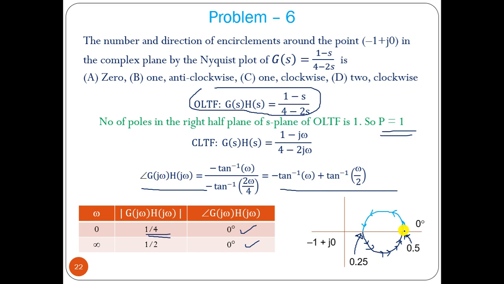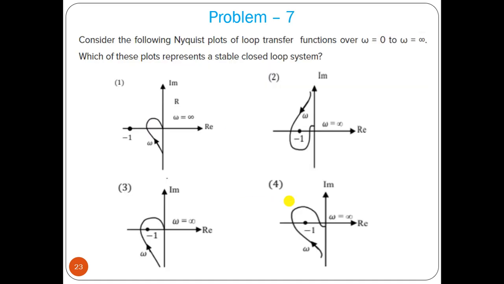Then this is the plot, the inverse polar plot. So it is not encircling the minus 1 J0 circle, it is 0, because this is P equal to Z, it is a circle, and which is not encircling this origin, so it is not encircling minus 1. So that is the answer.